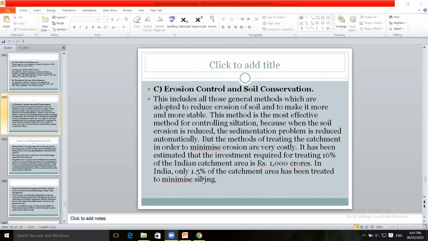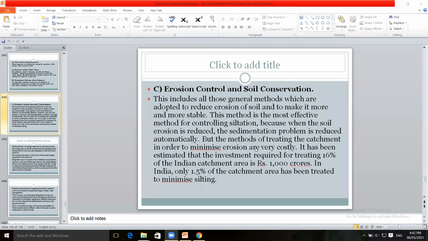So in India, only 1.5% of the catchment area has been treated to minimize the silting. Only 1.5% of the catchment area is allowed to control the erosion. So it is costlier to minimize the erosion,